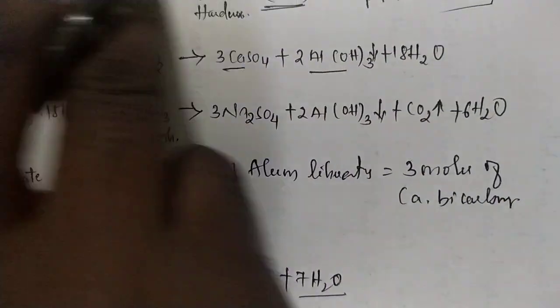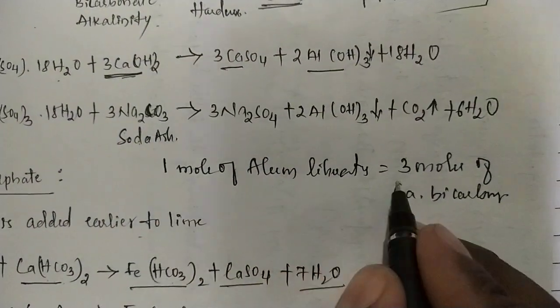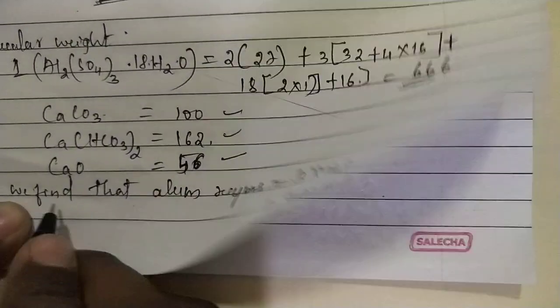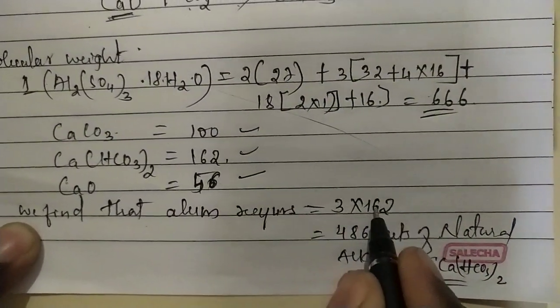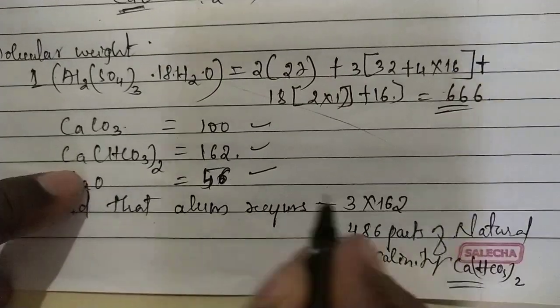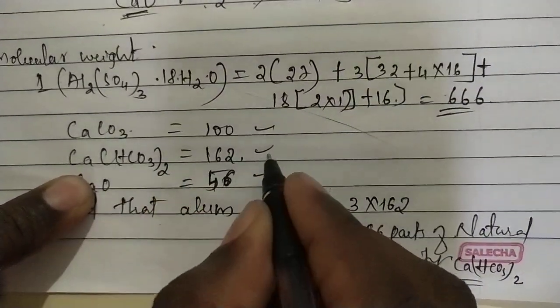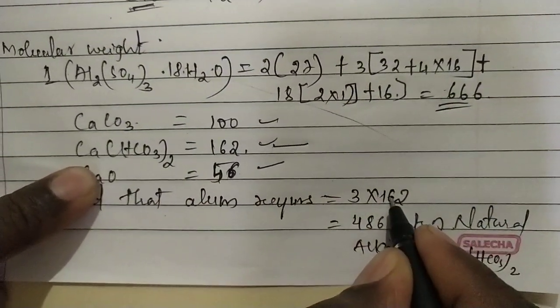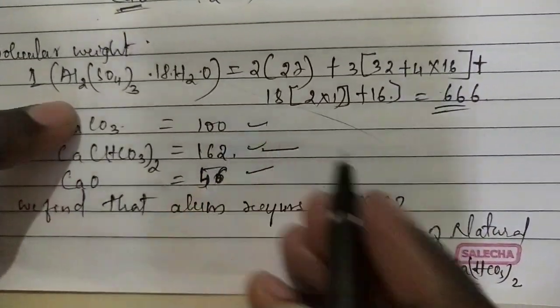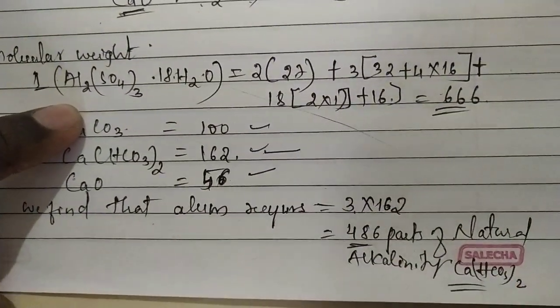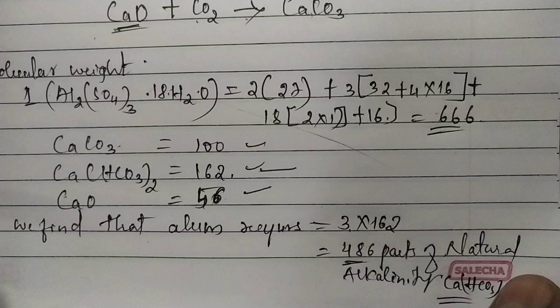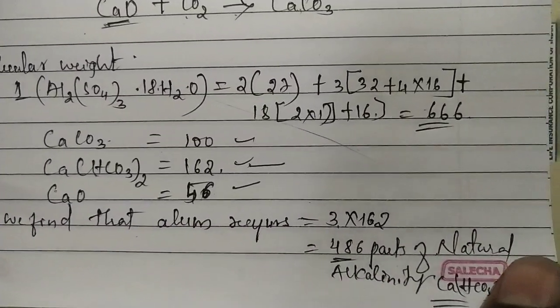The meaning of this equation is that 1 mole of alum liberates 3 moles of calcium bicarbonate. For that reason, we find here that alum requires 3 parts of calcium bicarbonate. So the molecular weight of calcium bicarbonate is 162, and the number of moles is 3. So you will get 486 parts of natural alkalinity as CaCO3. Therefore